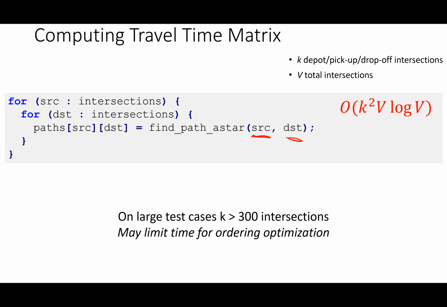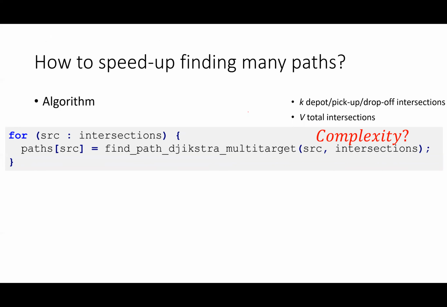One row is actually from one source to all the destinations, all the interesting intersections. So we actually want to change our approach. We want to get rid of this inner loop and change this algorithm, okay? And that's what this does. It says, let's just do one loop over the sources, so over every interesting intersection as a start point. And we're going to